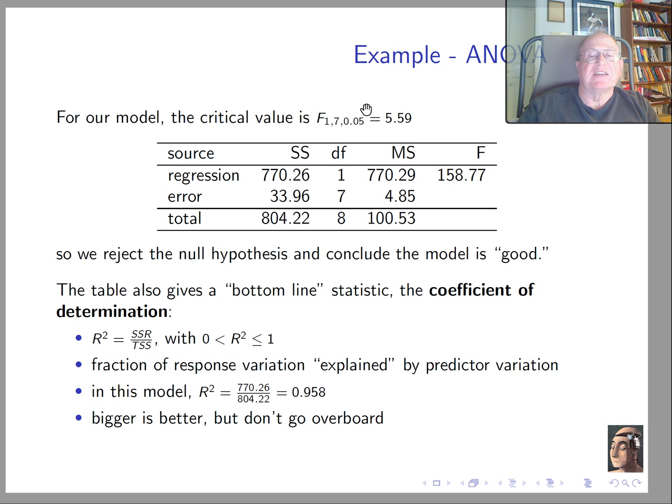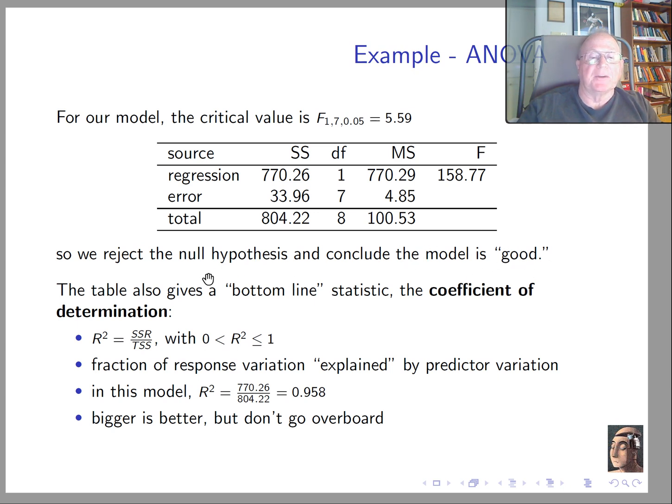So at the 5% level, the critical value for an F-test would be 5.59. Here's our calculations. Total sum of squares is 804. Our sum of squares for error is 33.96. And the difference would be the sum of squares for regression, 770.26. Do our divisions by degrees of freedom, and we see we have a mean square for regression of 770, a mean square error of 4.85, and then the ratio of those two gives us an F statistic of 158.77. So this is way bigger than the critical value, so we'll reject the null hypothesis and conclude the model